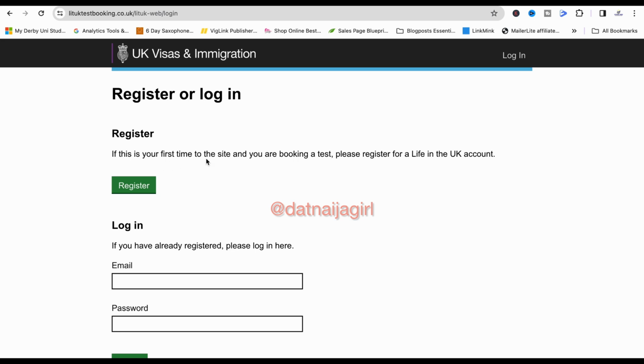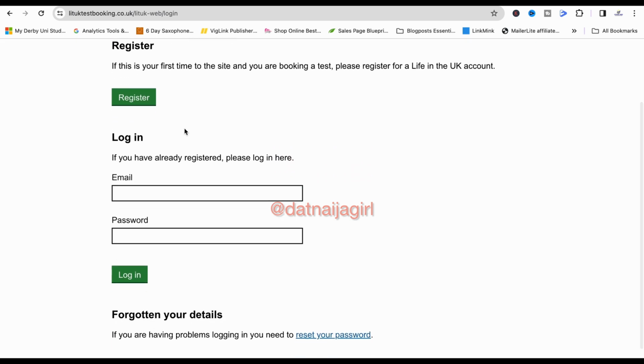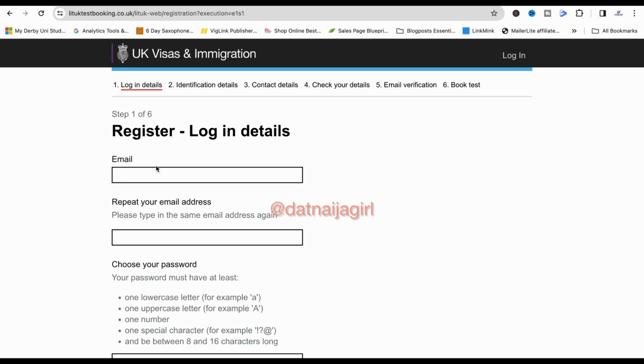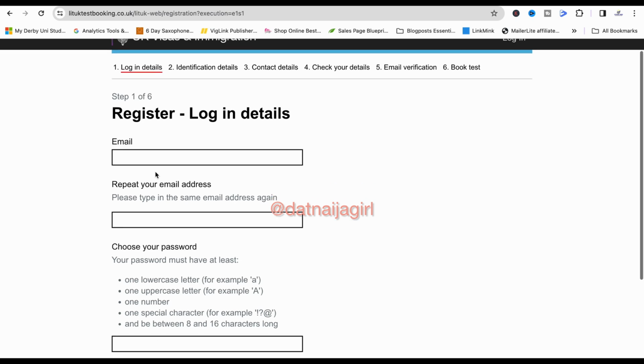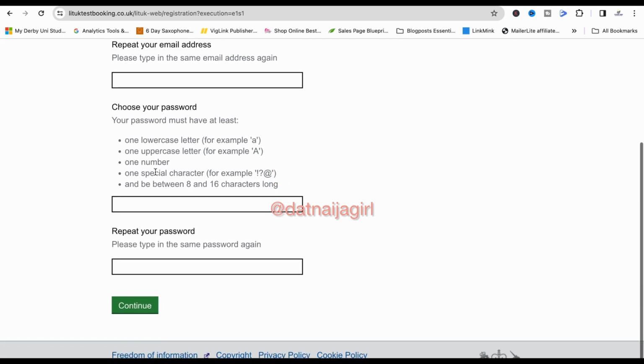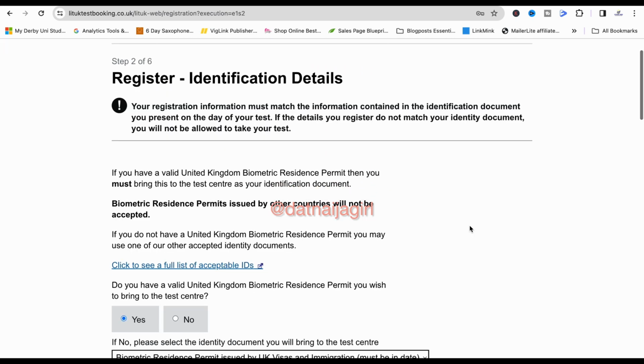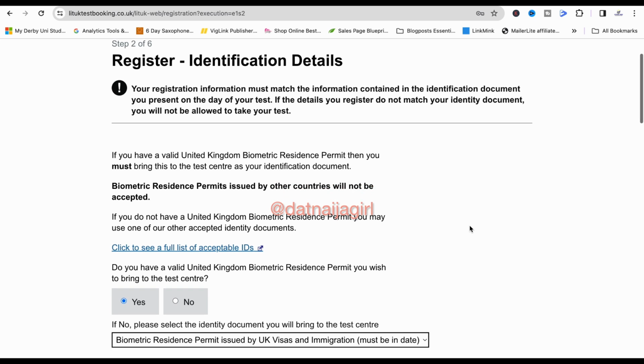So once you're ready, click on register, and here you'll be able to register or log in. So if you don't have an account with them yet, click on register. For your registering, you will need your email address. You need to choose a password also. For the email address and password, you type them twice, continue, and then they will ask you for your